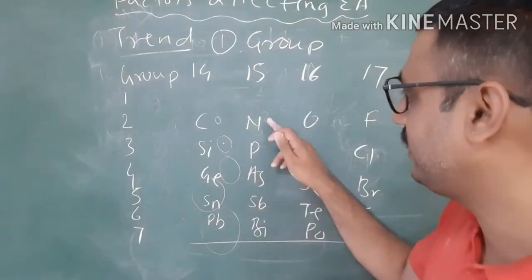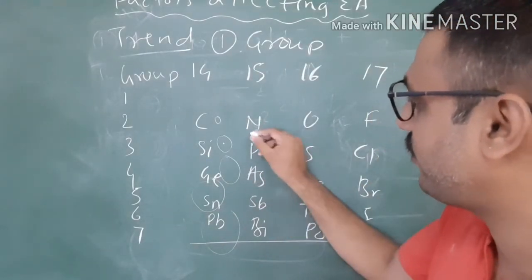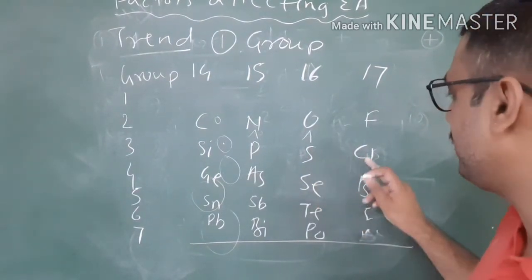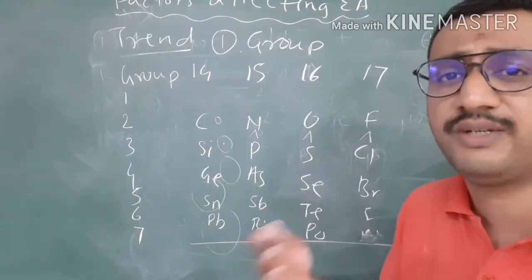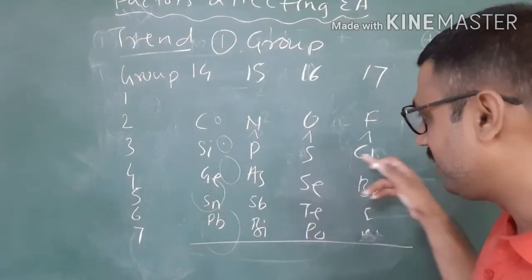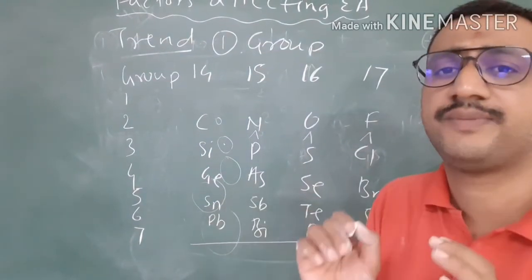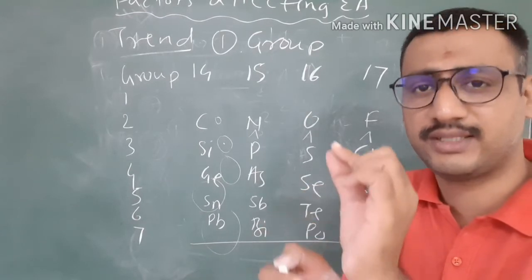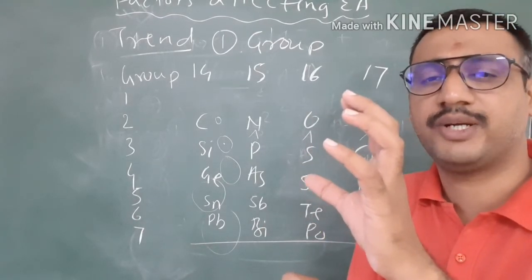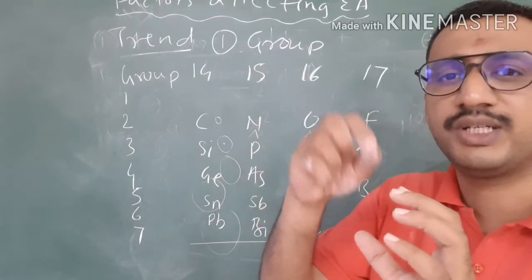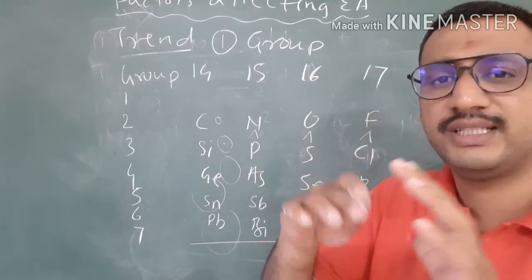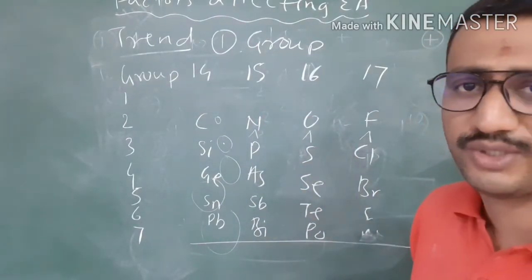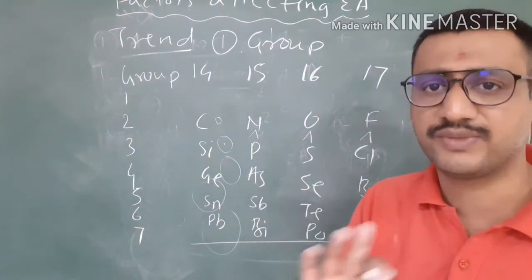And the same is the reason in case of nitrogen and phosphorus. Phosphorus shows more electron affinity value. Here oxygen and sulfur: sulfur shows more electron affinity value. Chlorine shows the more electron affinity value. Why? Because these corresponding third period elements have 3 shells, while second period elements have 2 shells. The elements with 2 shells are small sized, the elements with 3 shells are comparatively bigger in size. So what will happen when we are putting an electron in the elements with 2 shells? There is more electron repulsion, and that's why they have less tendency to take the electron. Here they have a comparatively more tendency, so that's why it's an exceptional case.